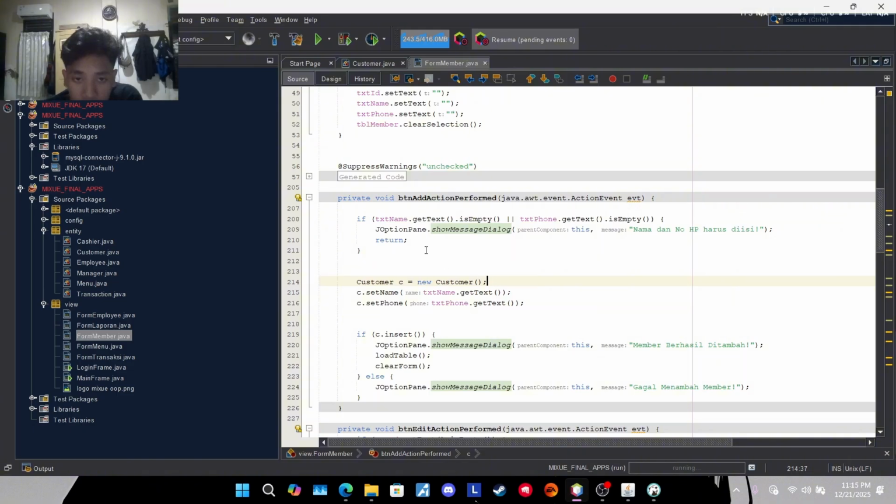But when this has a false value or the name is filled out with a string, the phone is not checked, because this is false, automatically this is false too. So there will not be showing this like that.